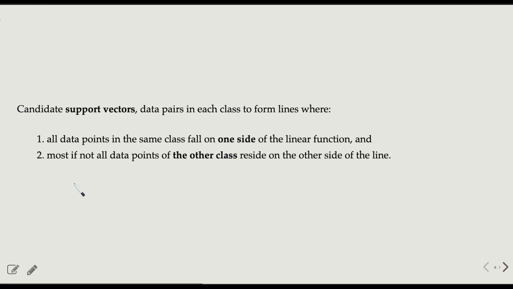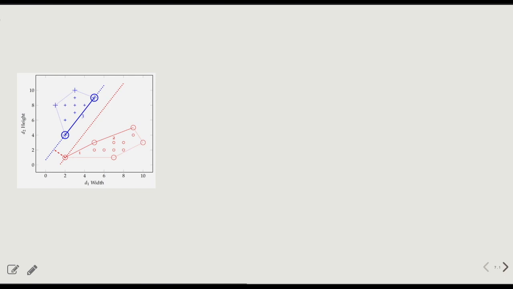And then most, if not all, data points of the other class reside on the other side of the line. So let's look at an example here just to make sense. So for example, this is perhaps some more data points in the shapes data set. Okay, so again, the blue is the positive class for standing, the red is the negative class for not standing